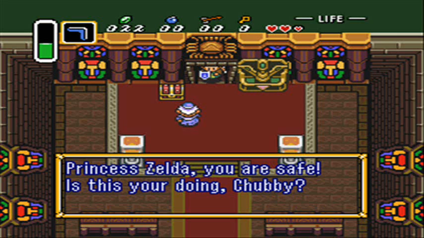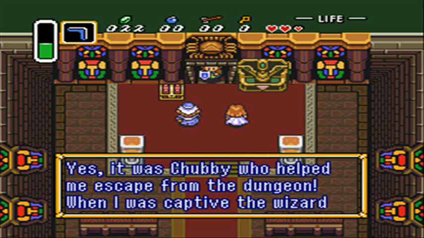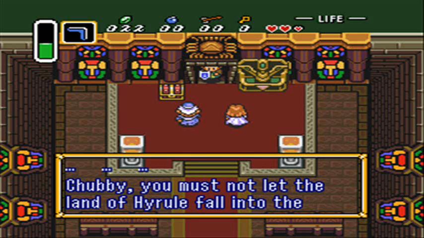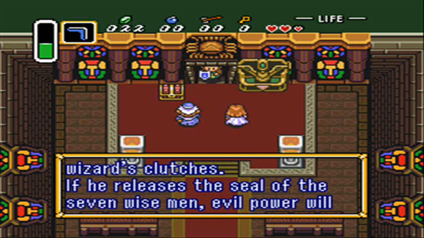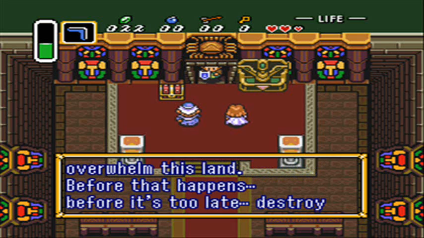Princess Zelda, you are safe! What is this you're doing, Chubby? Yes? I mean, do I get a prize? Yes! It was Chubby who helped me escape from the dungeon. I escaped from the wizard said, once I'll finish with you, the final one, the seal of the wise men will open. Chubby, you must not let the line of Hyrule fall into the wizard's clutches. If he releases the seal of the 7 wise men, evil power will overrun this land, and you don't want